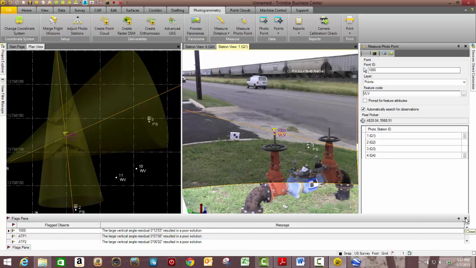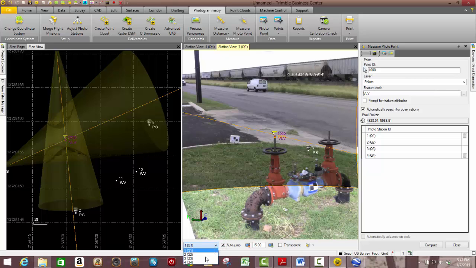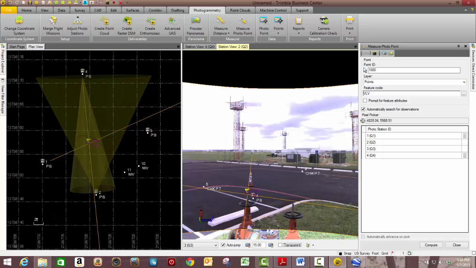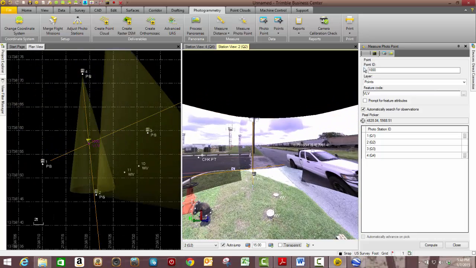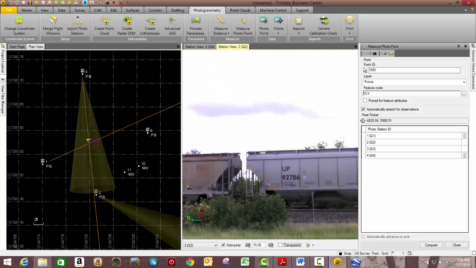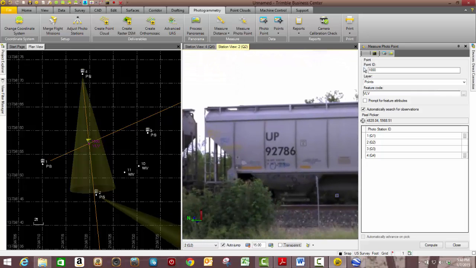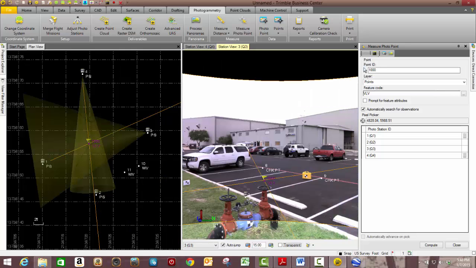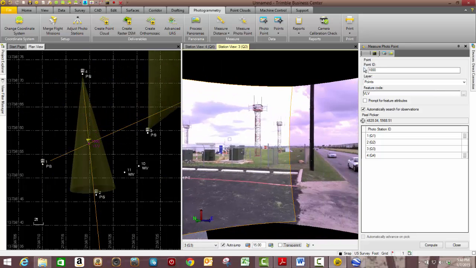Okay, so I'm going to change over to photo station 2, and I'm going to zoom out. Let's look across the street here. Since this train was stationary, let's zoom in on maybe something here just to see how this automatic tie point creation works using just a single selection. Instead of 4, I'm going to go ahead and use 3 since it's on the same side here. So I'm going to toggle over to 3, wait for it to populate here, zoom around to the same view,